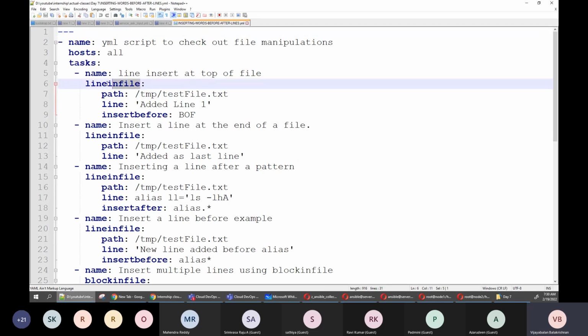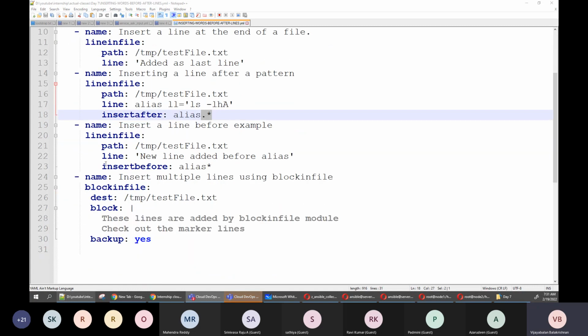There is the lineinfile module. You can put your line on top of the file, or add it as the last line, or add an alias. You can also add a condition, so before this line, you can add this line.